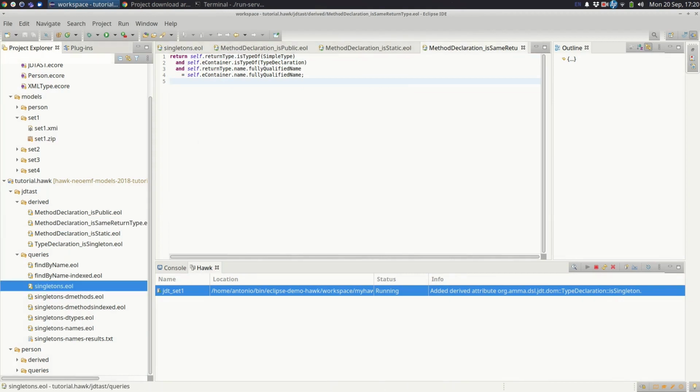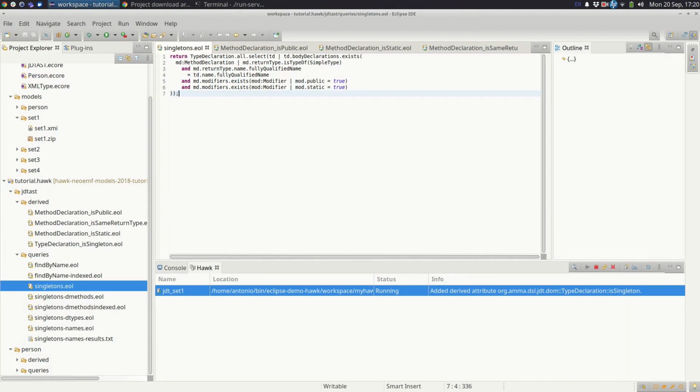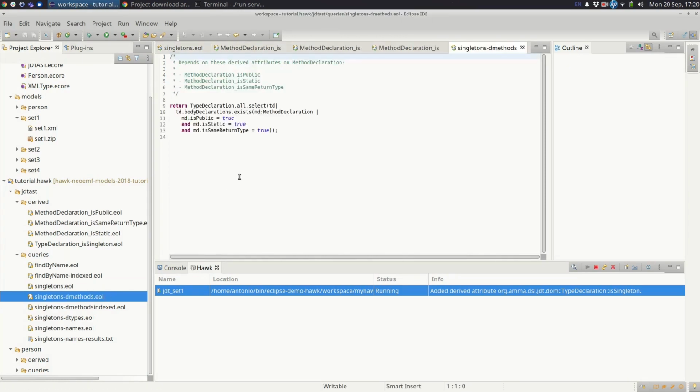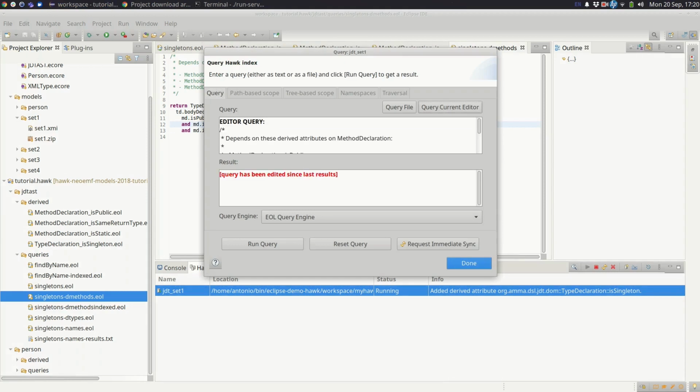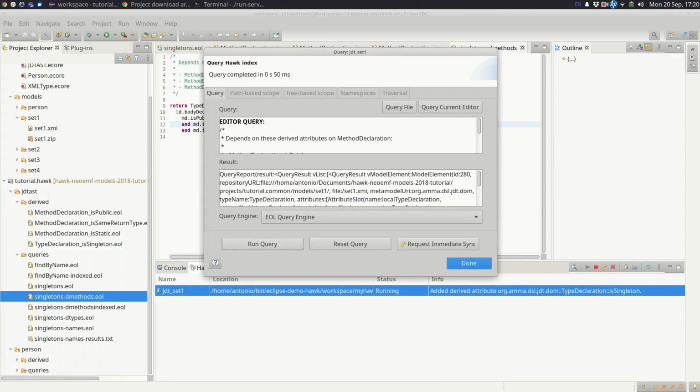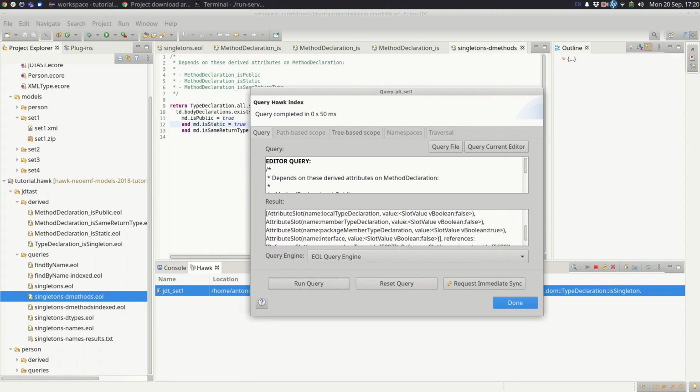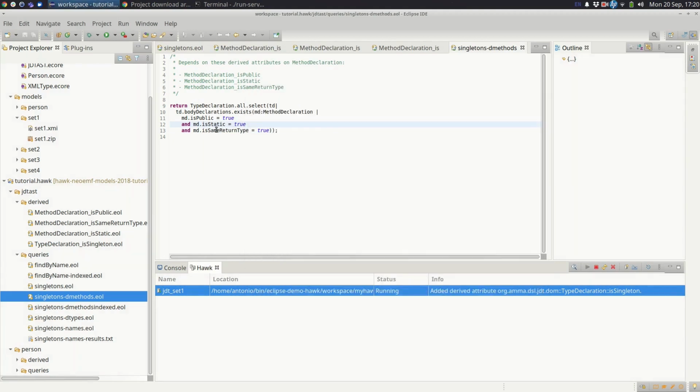So this was the original singletons query. Now, if we have the derived attributes on the methods, we can simplify this query because we already have the additional isPublic, isStatic, and isSameReturnType attributes. So we can just run this query like this. And you notice that it took much less time to run, even for the first time. The way this is written, it's using those pre-computed attributes, but it's not speeding up the lookup of the location of these method declarations. So I'm still going through all the type declarations, all the body declarations, their method declarations,